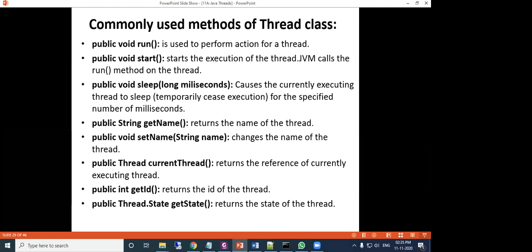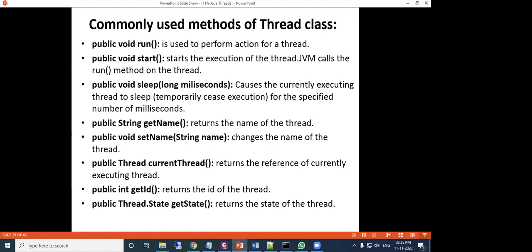The start method is used to start the execution of a particular thread, and it will be used with the object name or reference name inherited from the Thread class. When you call the start method, it calls the run method.